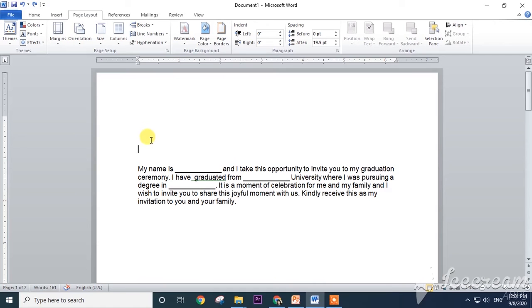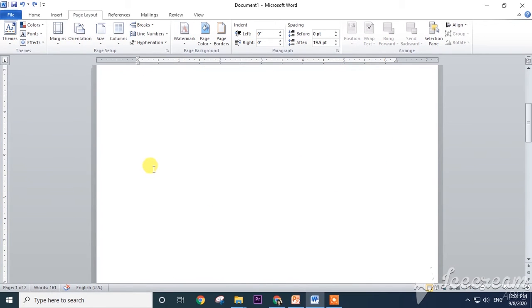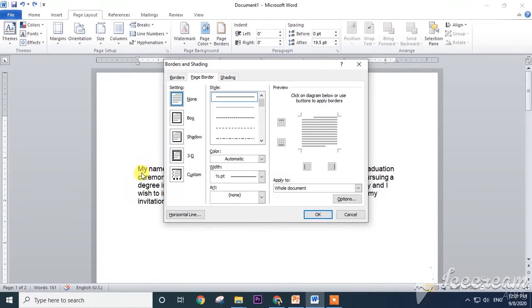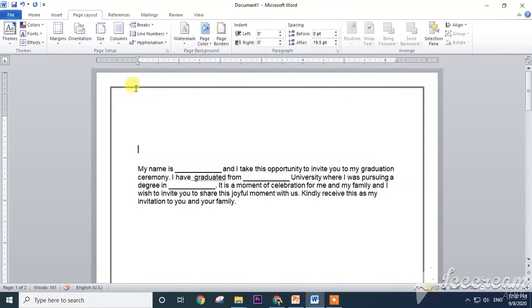Place the cursor where you want to add the border of your page. Now go to the page layout option. There is a page background group here. Click on the page borders option and a dialog box appears. Here select the type of border which you want. For example, I am selecting this box type, and you can select which kind of thing you require here. I am selecting 2 lines and click on OK. See, this is one kind of border. Let us see again.